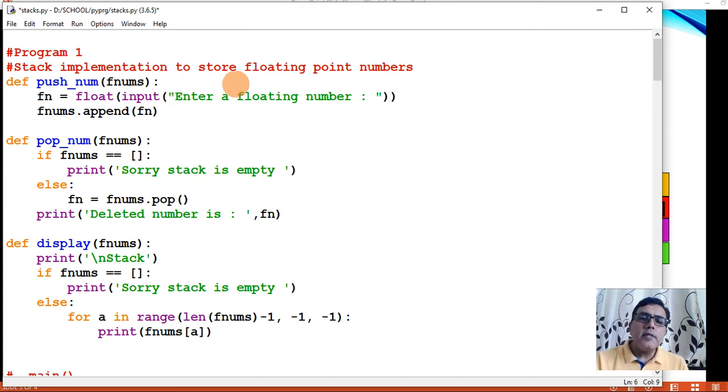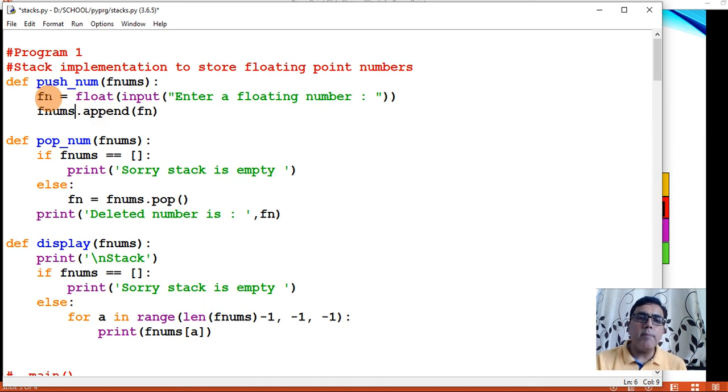So first it will read a number from the user, a floating point number, then fnums is the list, which is actually the parameter which has come when this function is called. Now in this fnums it will append this fn. What is fn?